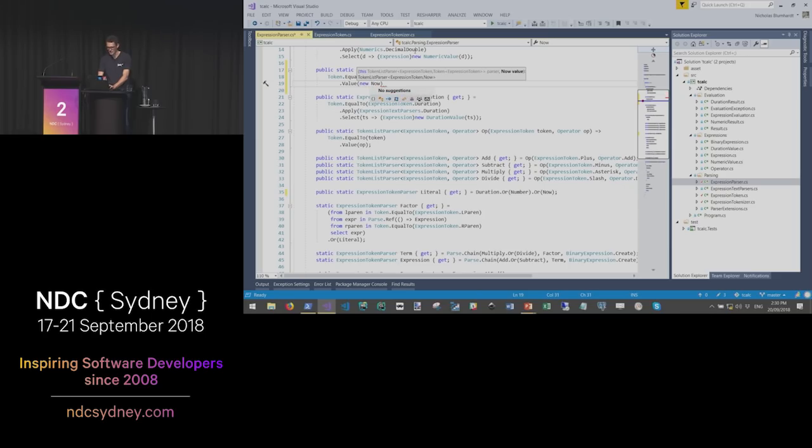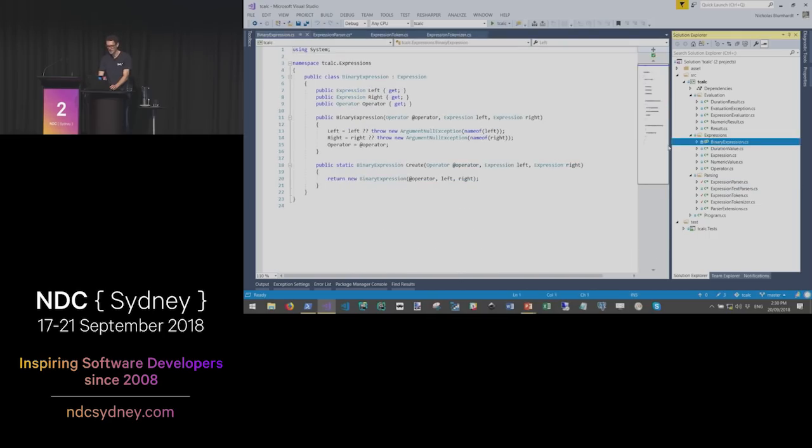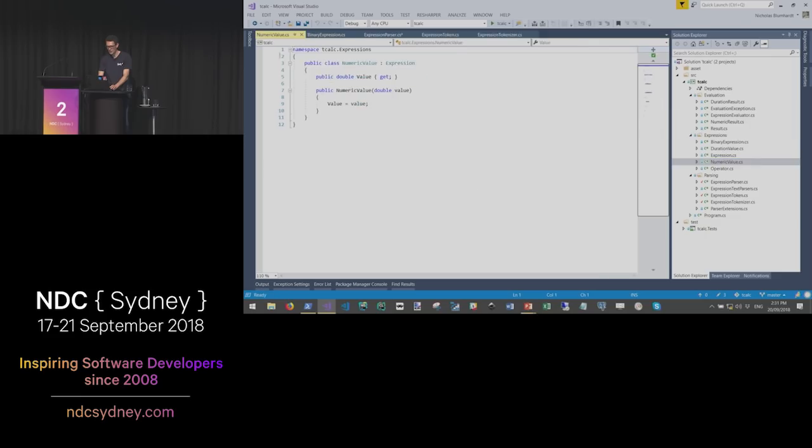No, let's call it now value. It's always going to have the same value because now will always be something that we evaluate, and we don't have to have different kinds of nows, so we can just drop a node into the expression tree. Doesn't really matter what it does.